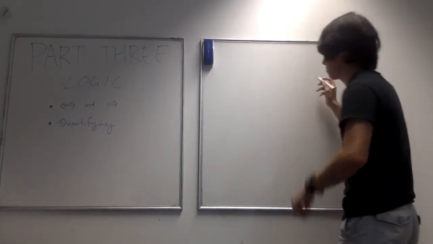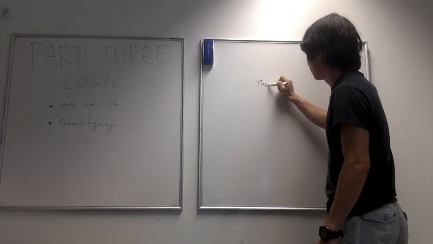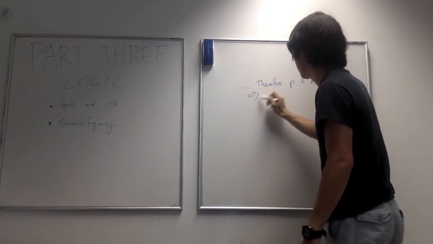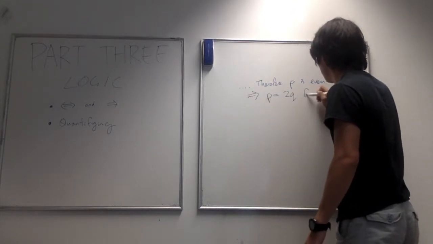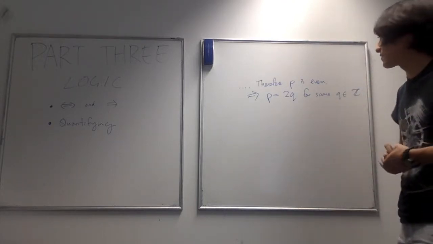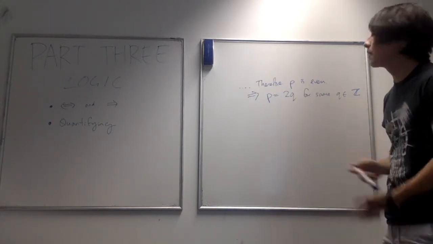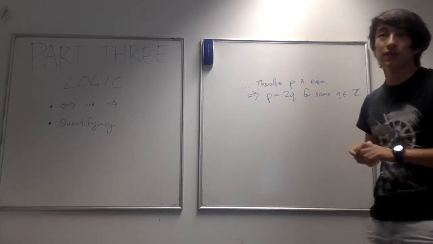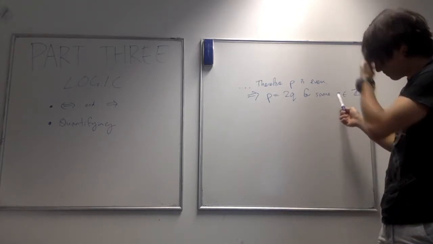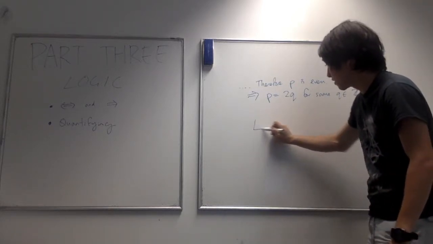Someone might say something like, dot, dot, dot, therefore P is even implies that P equals 2Q for some Q in Z. So they might say, alright, P is even, which implies that P equals 2Q for some Q in Z. By definition, a number is even if you can write it in the form 2Q for some Q in Z. Sure. But in a proof, if you're trying to prove something, you start with your initial step,